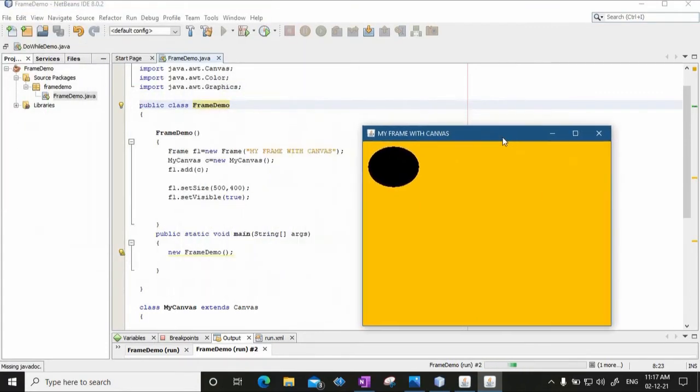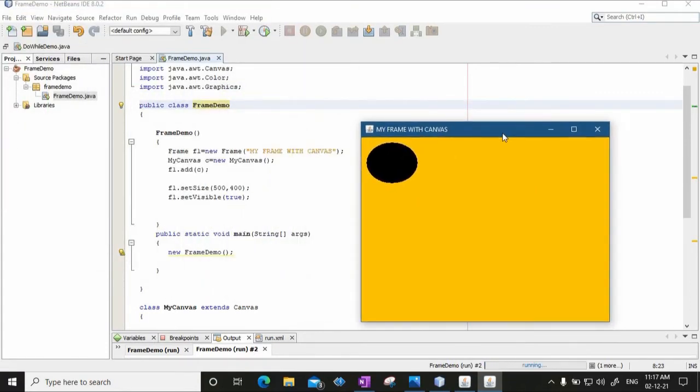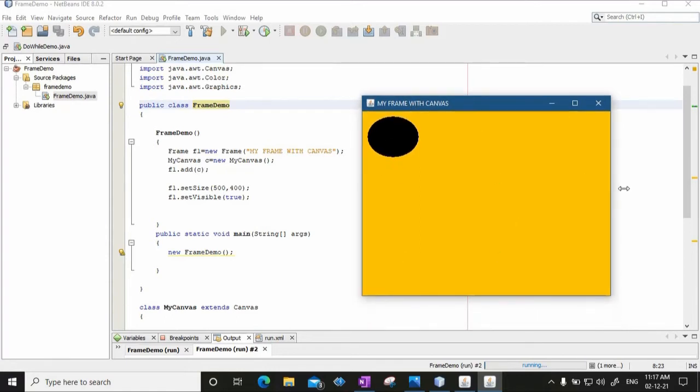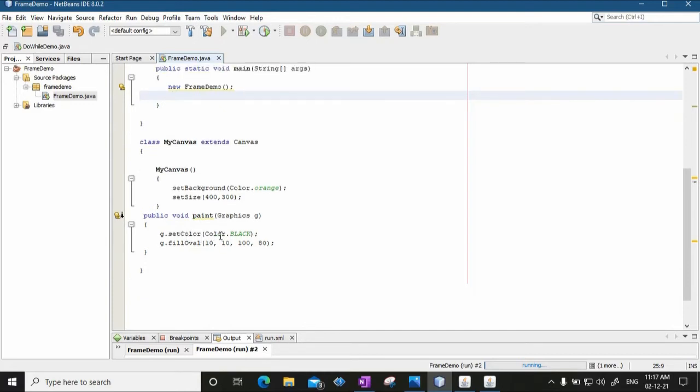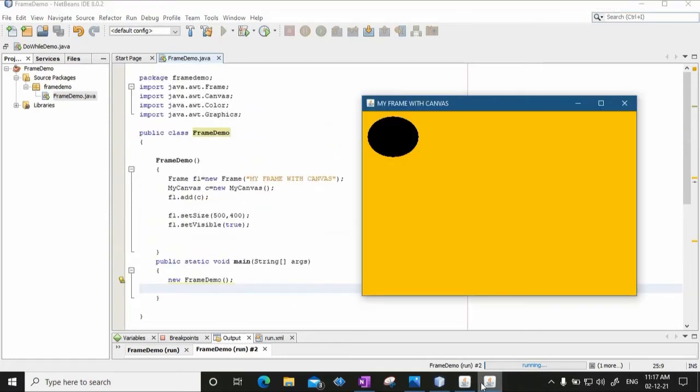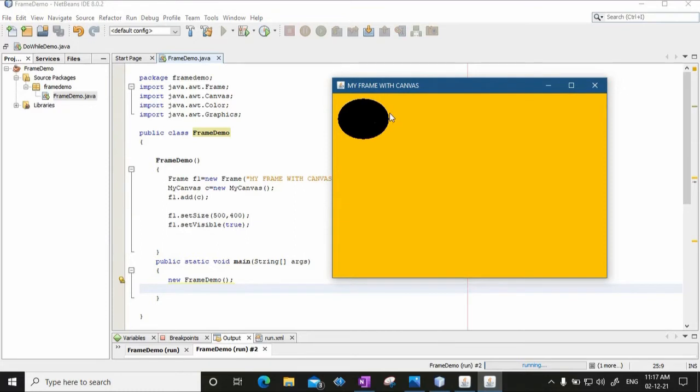So now you can see that you have your canvas. Frame with canvas. As you can see, the background color, and you can see the black color which you have set here. So this is how the canvas can be created.